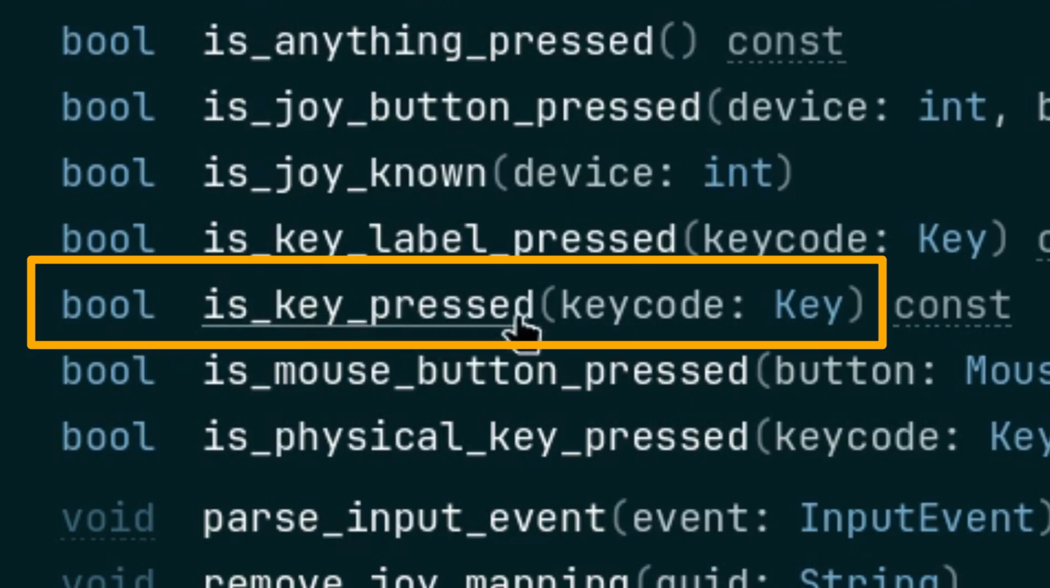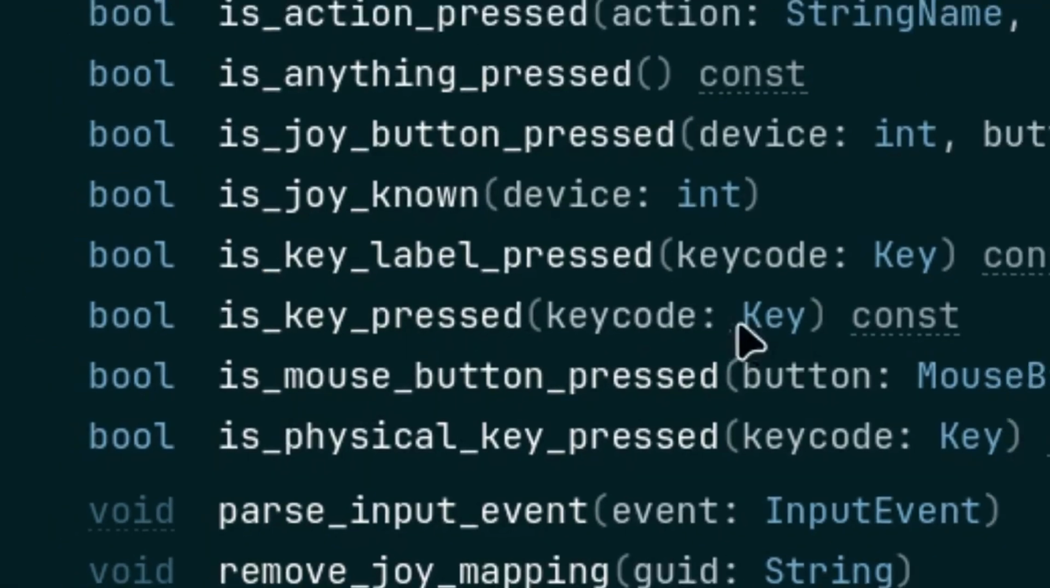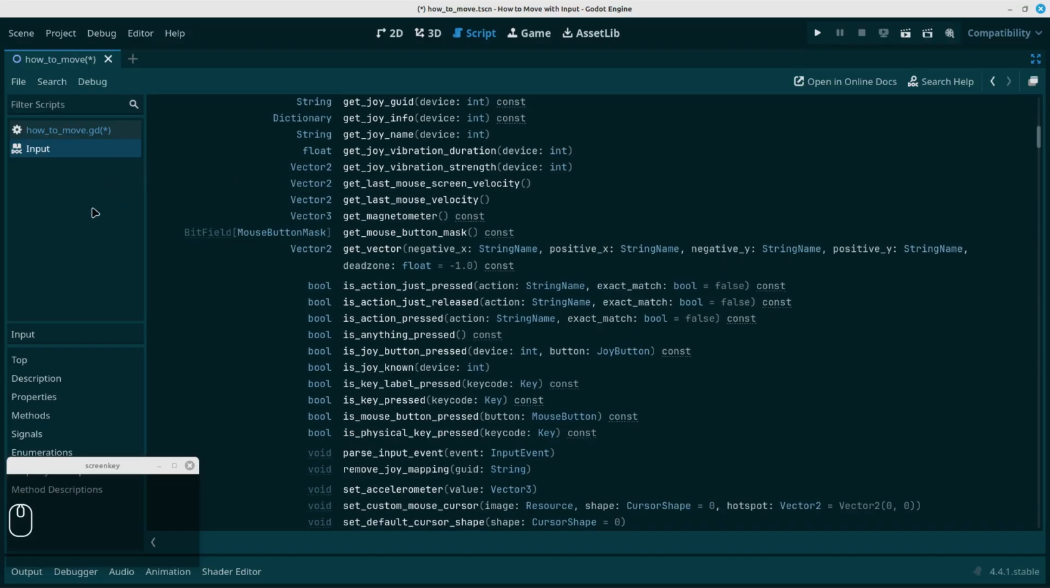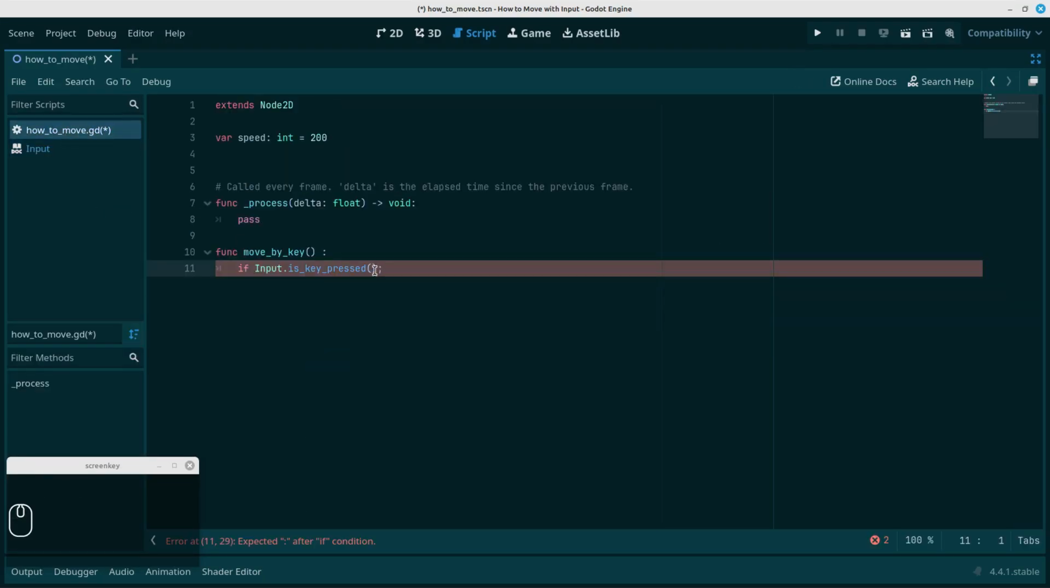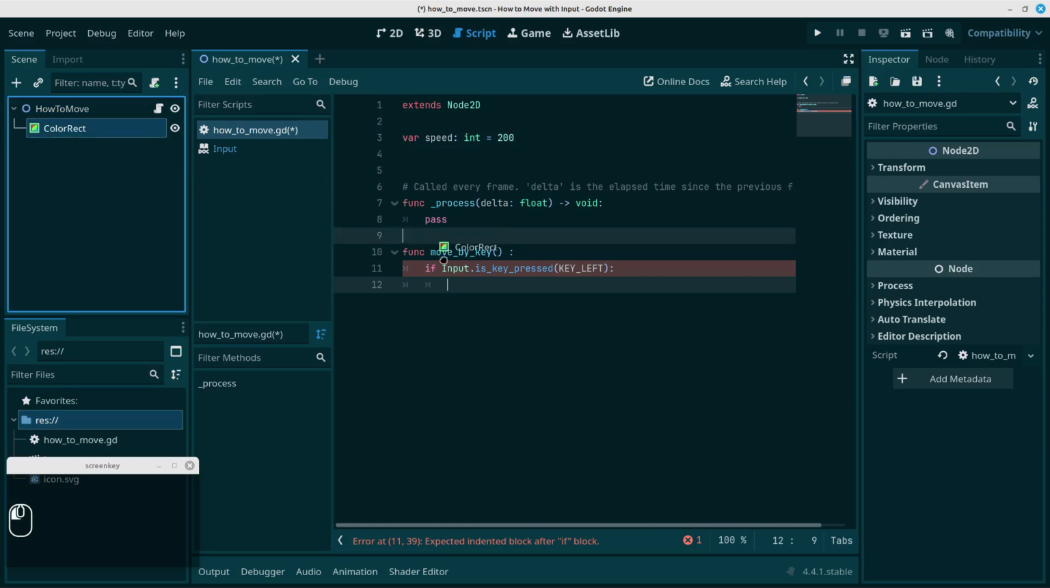When we use is_key_pressed, we need to add a key code, and this is basically what we're going to use here. So in our case, let's say we want to go left, so we're going to put is_key_pressed, and thank goodness for auto complete. We can put left and it comes up automatically. Don't forget, this is supposed to be a colon, not a semicolon. And we want to move, let's go back, minimize the screen. We want to move the ColorRect